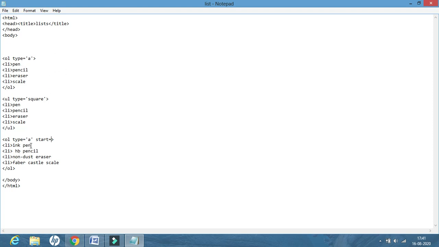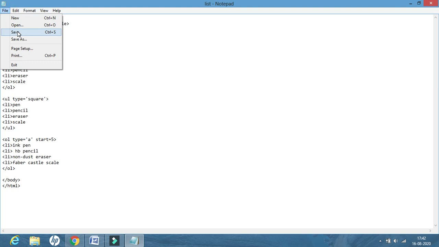So the starting element of this list will be from E. So E is the fifth character of the list. So here I will write 5, not E. Remember that. Type, what type you want to display, that you have to write. I want to display ABCD type, and from which character I want to start, that is E. So E is the fifth character of the list. So I will write start equal to 5.